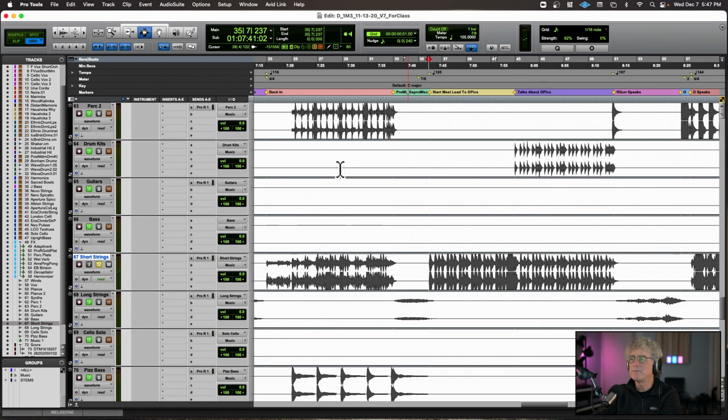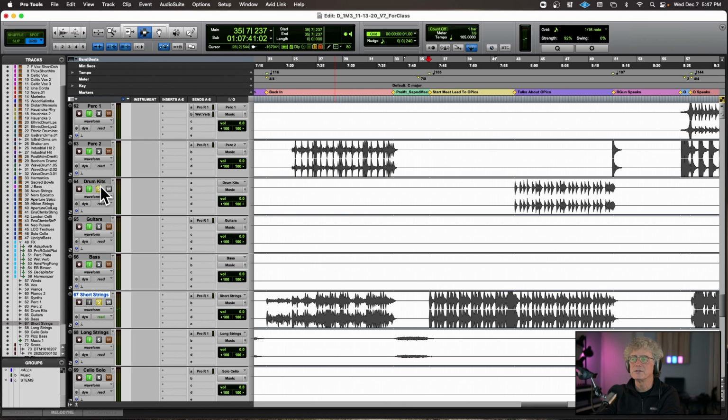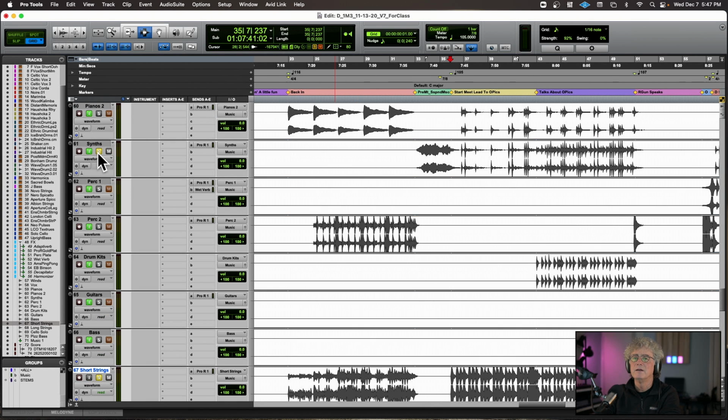Just moving everything up a minor third. And then there are these synths. Bang, right? And what they do is they add just a little percussion to the piano part. So let me just solo the piano there.